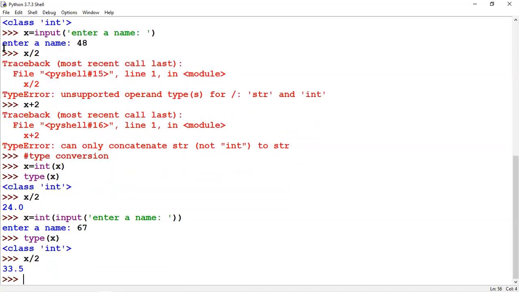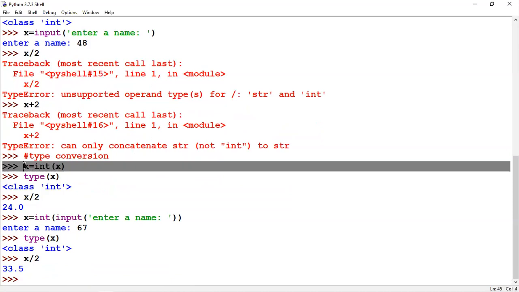There is no need of converting one data type to another. But this step is common for all type conversion, so kindly remember this, because in our upcoming sessions we will perform a lot of type conversion.